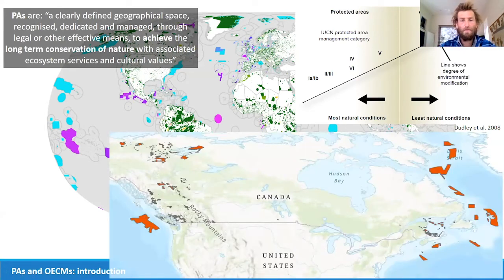These are not emerging; they've been well known for at least a decade now. But these other effective conservation measures, OECMs, are something people are quite excited by, because they present a different type of area-based conservation intervention. There are only 146 that have been formally recognised so far. They're all in Canada, and here's a map of them at the moment.